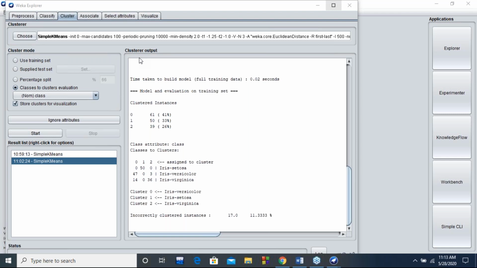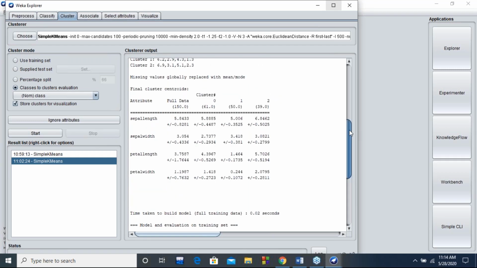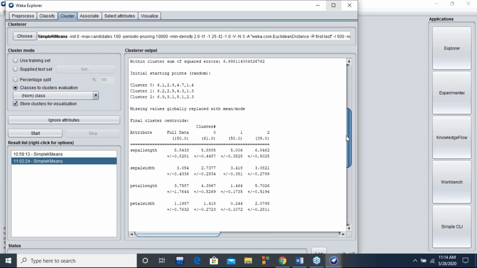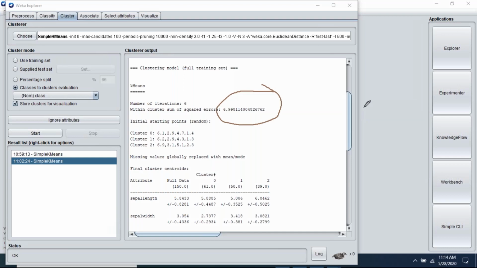Now comes a very important point. If we come back to the result of the clustering algorithm, from here we are going to get a clearer picture of what this sum of squared error is,